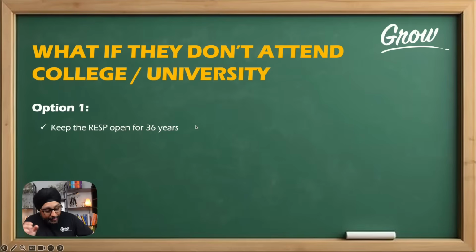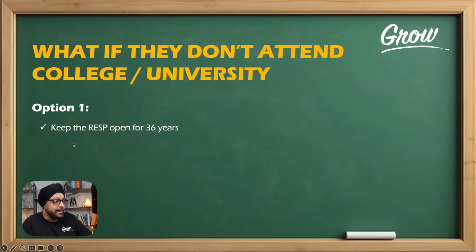But I feel that there is a chance that Aryan might not attend university, especially if he wants to learn business, which he can learn at home. Again, I don't know that. I don't want to come in his way. He'll be an 18-year-old, with a mind of his own. But what are the options if they don't attend college or university? Because it's important to at least know what's going to happen at that time.